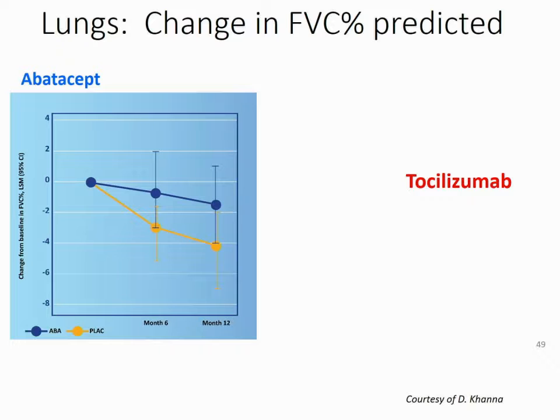Same thing with the lung function test. This was a secondary outcome. A lot of these patients with adult systemic sclerosis have interstitial lung disease, so they use the pulmonary function test, specifically the FVC, which is part of the pulmonary function test to see,